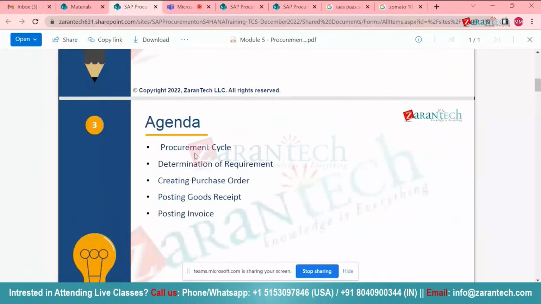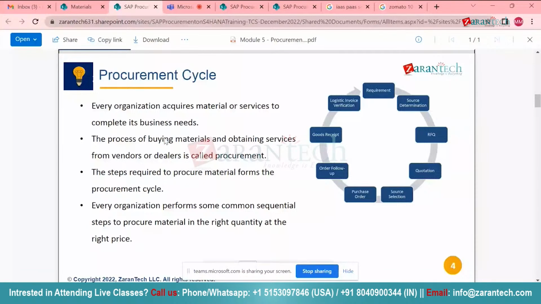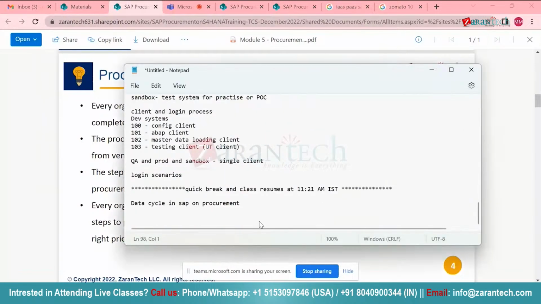That is, in the agenda, we are going to cover the procurement cycle first, then the parts of the procurement cycle: the requirement determination, then the PR, PO, GR, IR cycle. So the procurement cycle starts, right? It starts basically with requirement determination. So requirement determination is basically what do you want? It covers what kind of things you want to buy for your company,